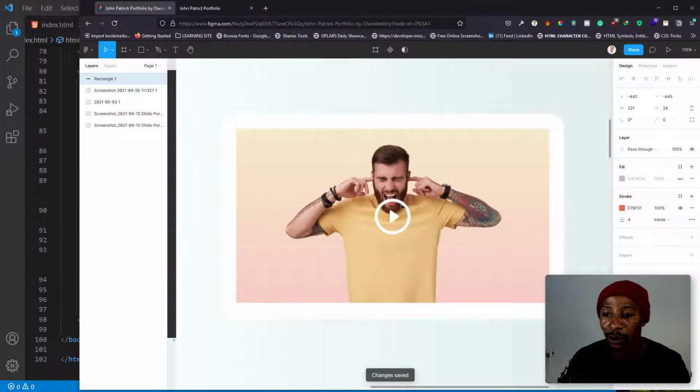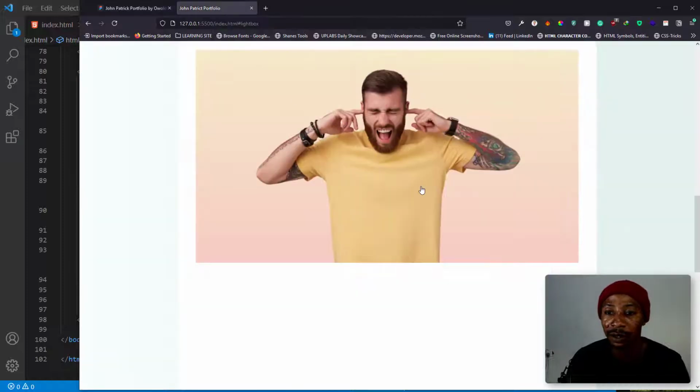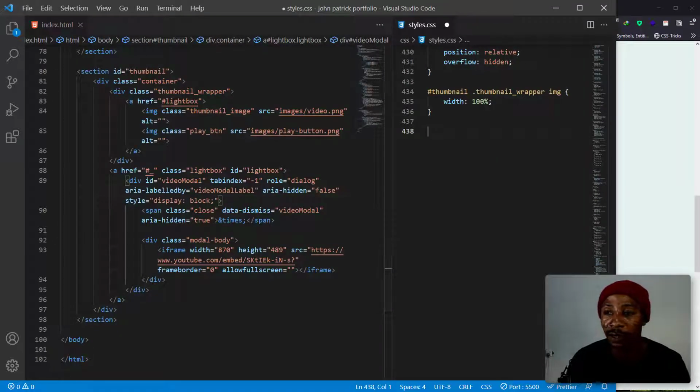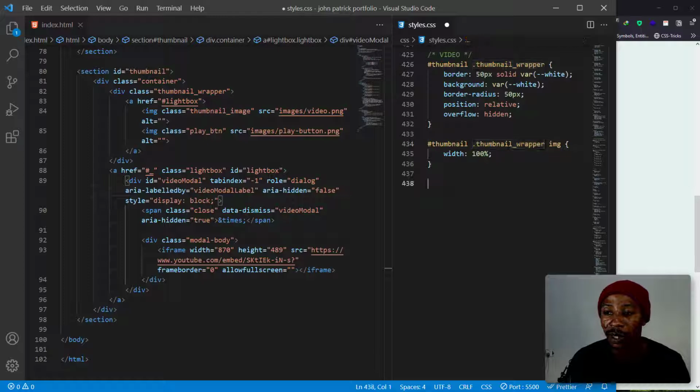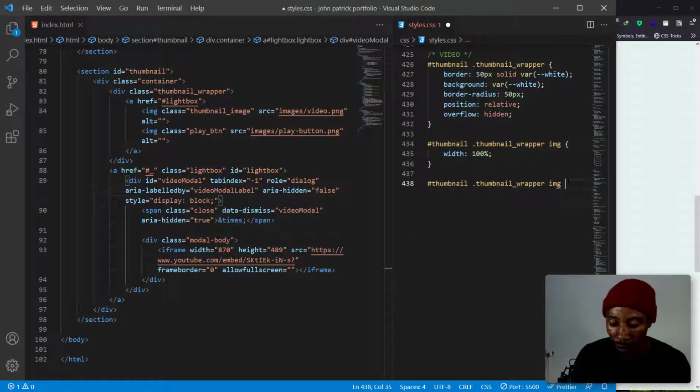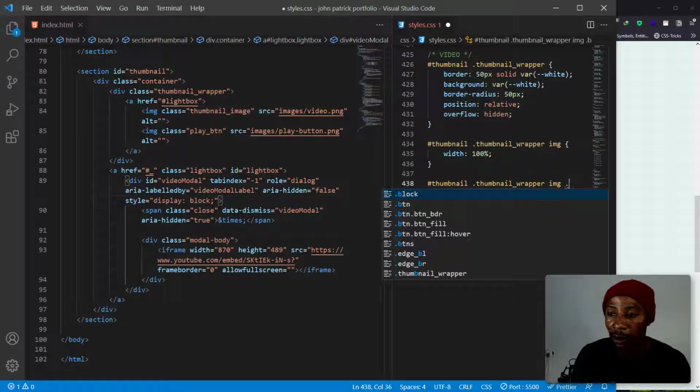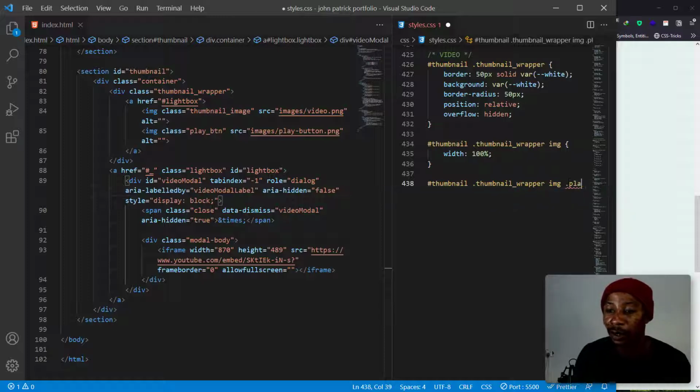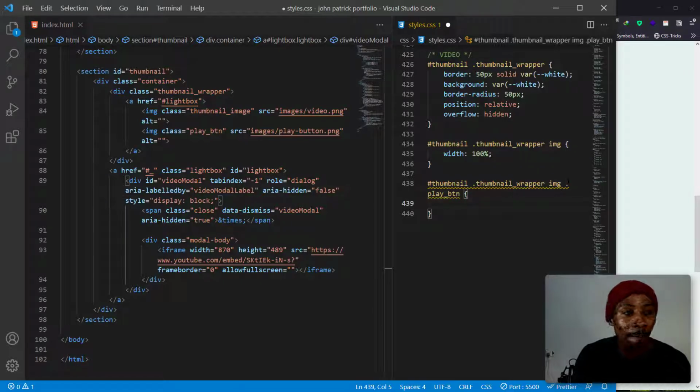So for the play button, we want that to be in the center. Let's go back right here. So the play button, we want that to be in the center, so let's move that to the center. So we just copy this. Okay, let's just paste it. We had it copied already. This will be thumbnail img, and this will be the class of play btn. So for that, we want the width to be 120 pixels,